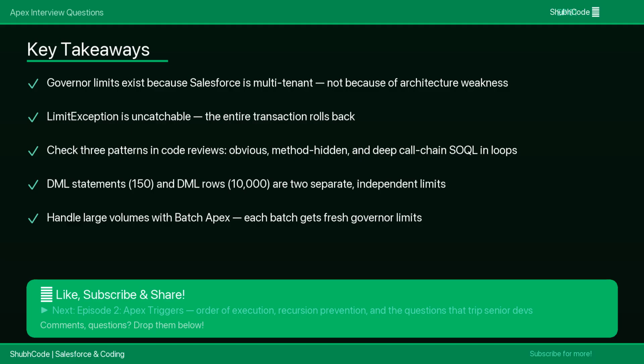Quick recap before you go. Governor limits exist because Salesforce is multi-tenant, not because of architecture weakness. LimitException is uncatchable. The entire transaction rolls back. Check 3 patterns in code reviews: obvious, method hidden, and deep call chain SOQL in loops. DML statements, 150, and DML rows, 10,000, are 2 separate,